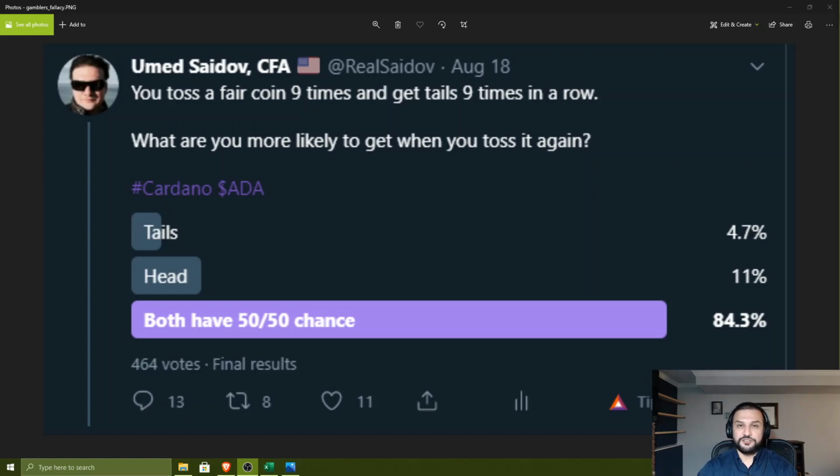And the next one is kind of interesting because 11% of you guys chose head, and the reason for that might have been something we call the gambler's fallacy. The gambler's fallacy basically means that if you're observing something, it's actually best described in the slot machine. So if you go to Las Vegas and you see that one machine hasn't given out the jackpot for a long time, the thinking there is that you should go and sit there and start playing that machine because it will give you a jackpot.